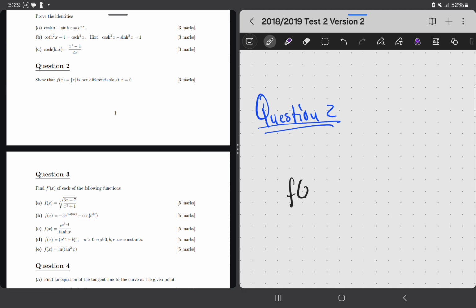We know how to check if something is differentiable or not differentiable. We differentiate, right? Then we look at the derivative when x is less than a certain value and when it is greater, like here at x equal to 0. So when x is less than 0 and when x is greater than 0. So how do we do it? First, let's define this